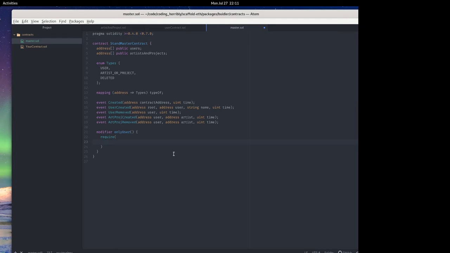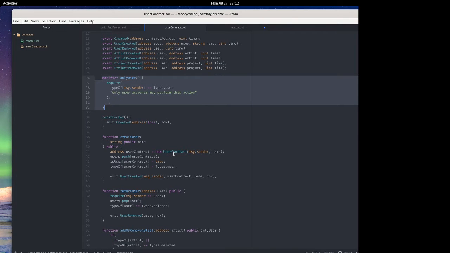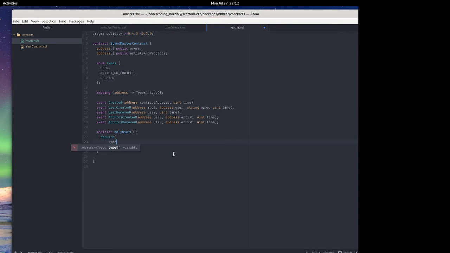Modifiers are an easy way of restricting access to a function. As in, we're going to have functions that we only want a user on the platform to be able to call. So what's going to happen is we're going to write some kind of function at some point, and then we're going to put over here only user. Yeah? And that will make sure, we hope, that only users of the platform will be able to use this function. So type of